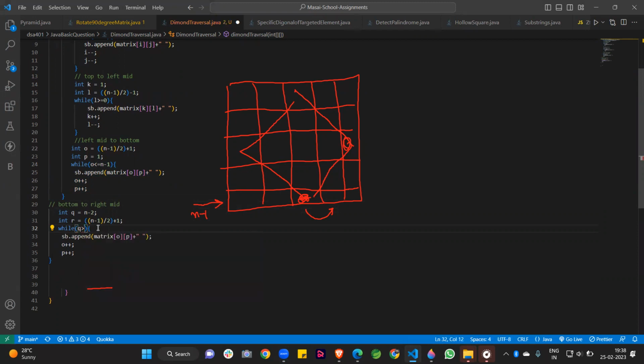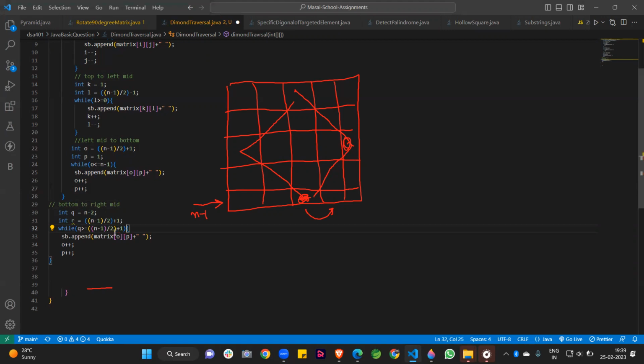If q greater than equal to, what we can write here? n minus 1 by 2, and I am creating one more bracket, and in this we can write here, guys, plus 1. So I am writing here like this.